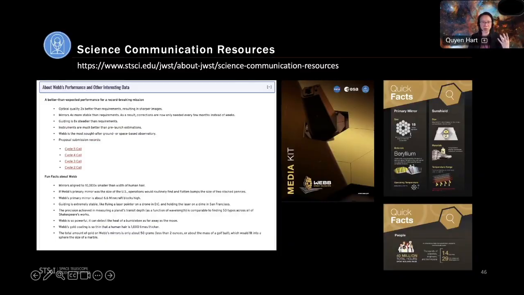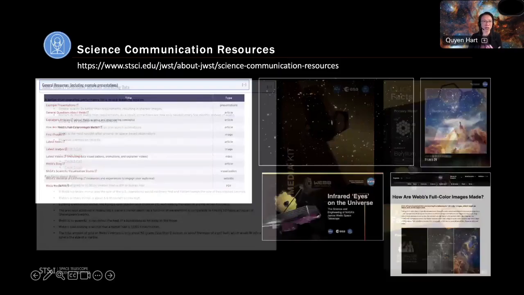Perhaps you're really wanting to convey how the science community is extremely interested in using this telescope, to talk about the performance and the other interesting data. This is also on the website. There's a media kit that was made for pre-launch, but there are some great visuals in there, some great quick facts, to get at the pieces of information that the audience can understand right off the bat without any background in astronomy itself. So they're just different touch points.